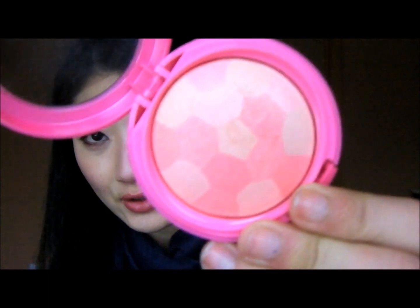Now the claim is that it's hypoallergenic, fragrance free, paraben free, gluten free, non-comedogenic, dermatologist approved, and they're supposed to work with your hair color to give you that glamorous and subtle glow. These look like they're baked, and they say you can use them wet or dry. If you are using it dry, you have more of a subtle sheen. If you're using it wet, not only will you enhance staying power, you will also have a more pronounced glow,